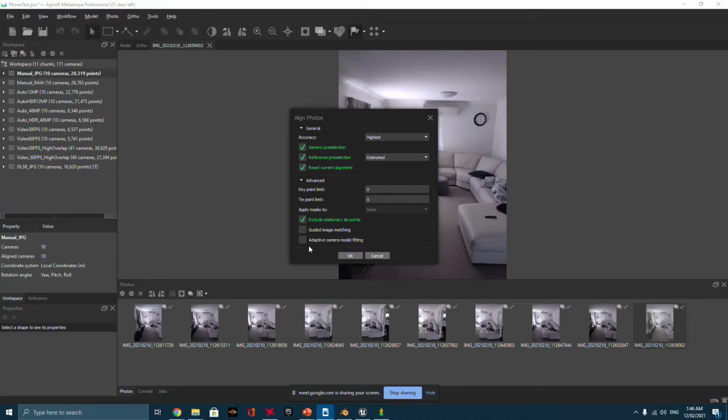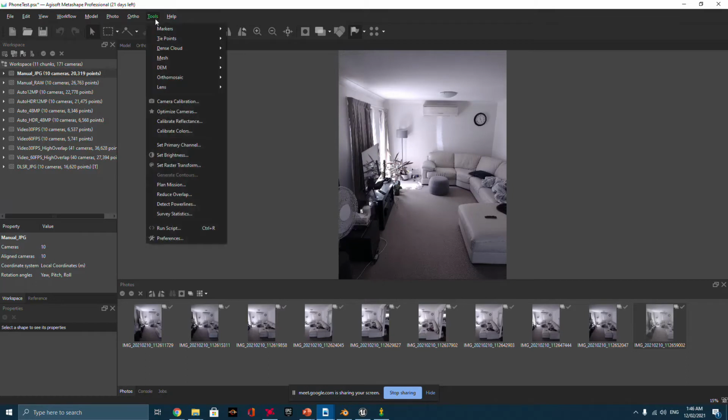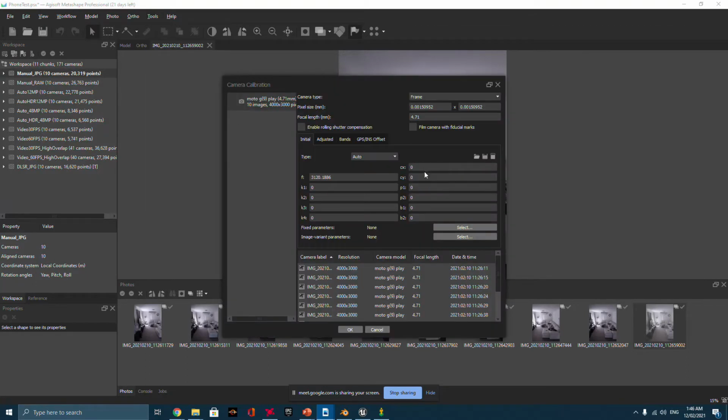I think it does some calculations. This basically allows the software to be more aggressive with how it corrects and calculates. What I mean by the calculations is, if we go to camera calibrations, there are all these coefficients that get calculated as the alignment process happens. So I think generally it won't adjust